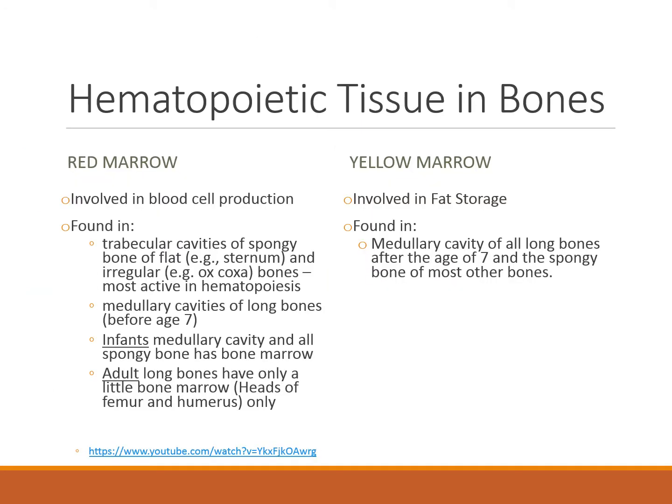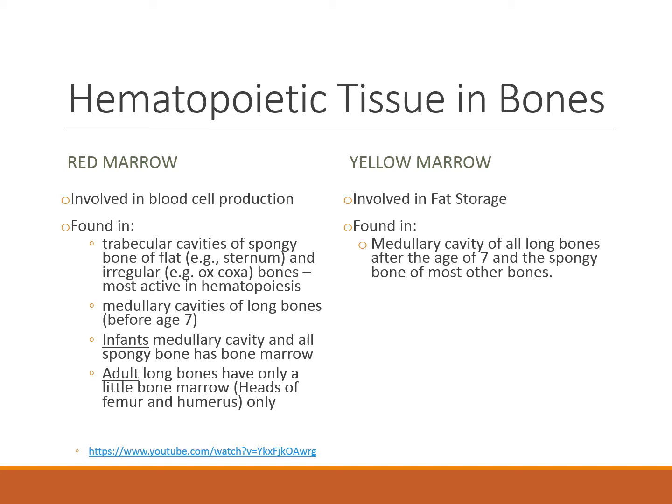Red bone marrow, also called myeloid tissue, has stem cells for the production of blood cells, so it is involved in blood cell production. Remember, there's a special name for that: hematopoiesis. Before the age of 7, all bone marrow is red bone marrow because of the increased need for red